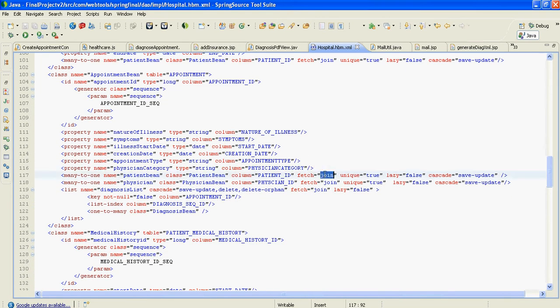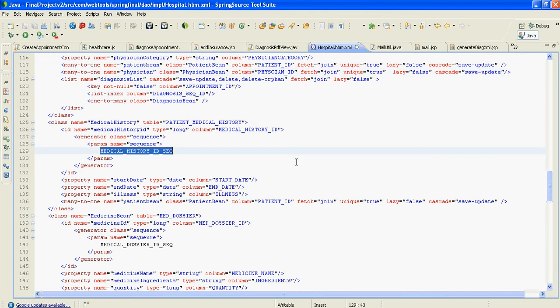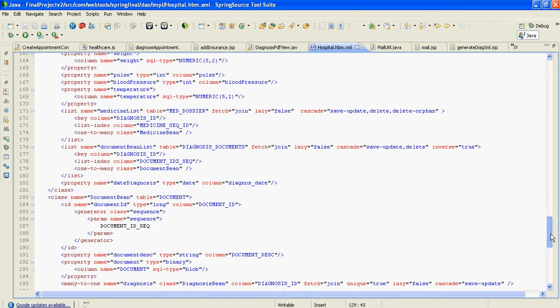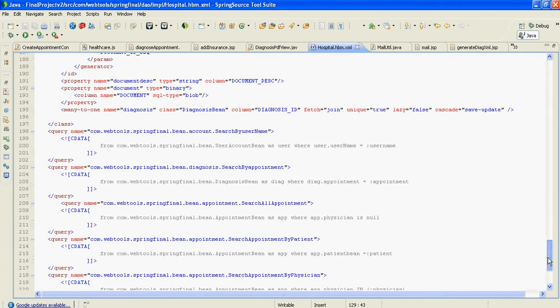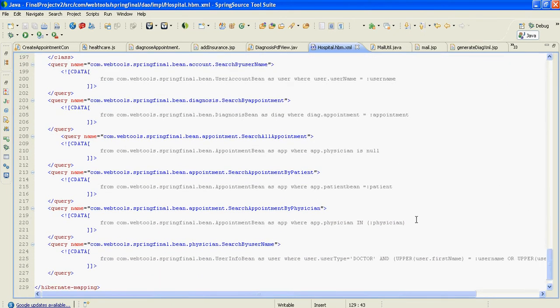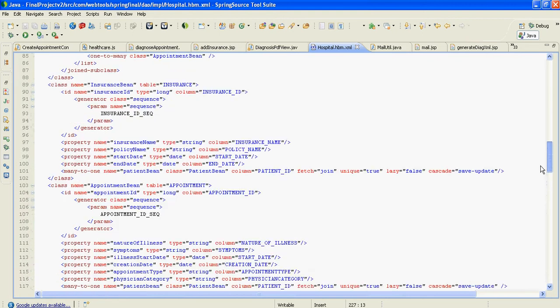Then the many-to-one relationship is present as well. So it's a one-to-one relationship, and it's unique. And then I use sequences as well, so that I don't need to manually input the ID. All this I'm creating in Oracle. And I use named queries as well. I'm using two or three of these queries, and I'm not able to use the other queries.